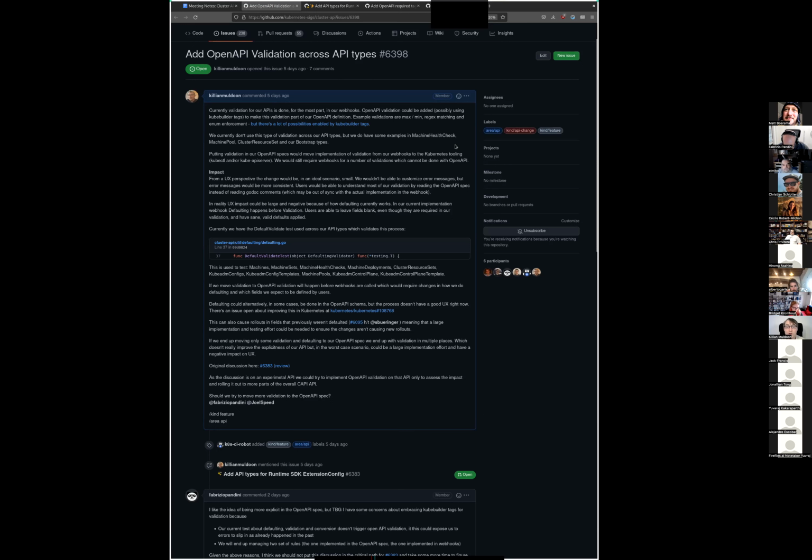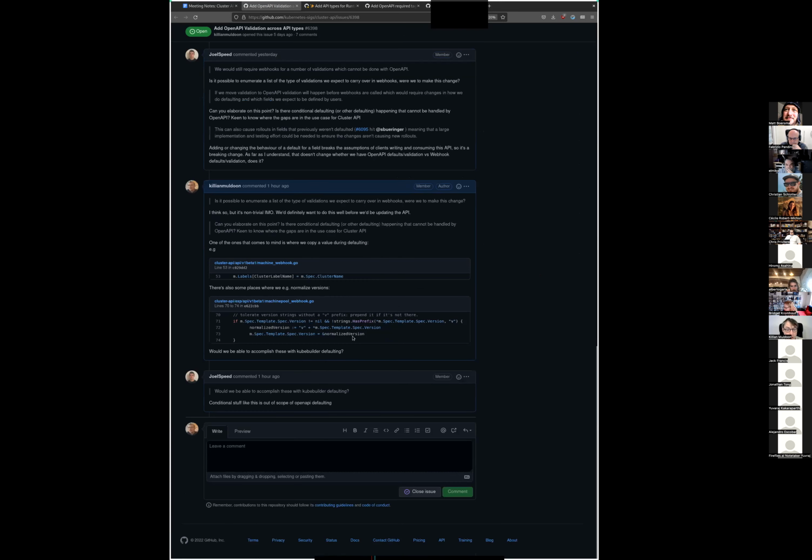But what we really rely on for validation are our webhooks. So these are Kubernetes admission webhooks that run every time you create an object, update an object, delete an object, and they just decide whether or not the object is valid. So that's where we do things like the same types of validation, minimum, maximum numbers, strings, and then some more complicated validation. So there's some quite complicated validation. So one is things like this. We want to ignore version numbers. This is actually in defaulting. Sorry, but yeah, I'll actually get to that in a second, might be clear.